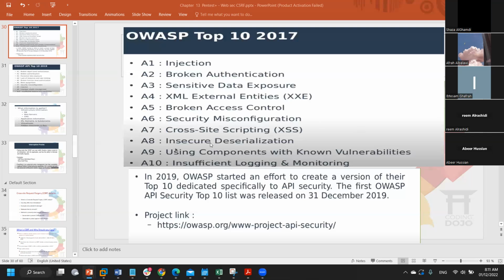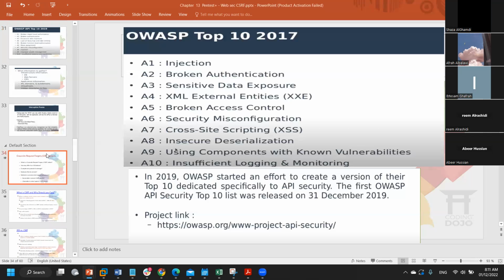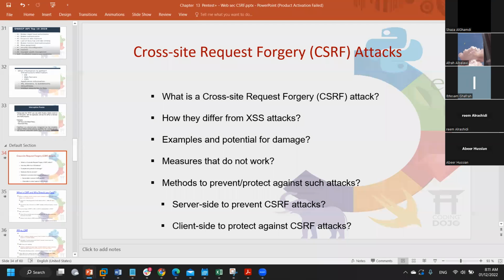Okay, but stuff like insecure deserialization, or cross-site scripting, or external entities, these are the things that really need to be explained, and you really need to understand what this is all about. So let's look first of all at cross-site request forgery attacks and how they work, and how they're different between CSRF and cross-site scripting. Okay, how can we mitigate our network or our web application from this specific vulnerability, because this is another vulnerability, and really, how this vulnerability specifically is related to XSS,